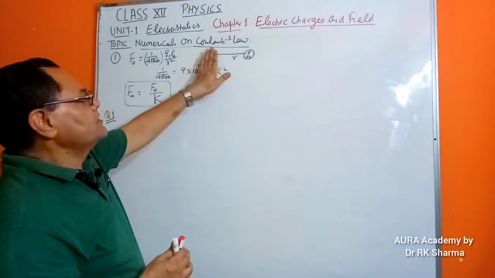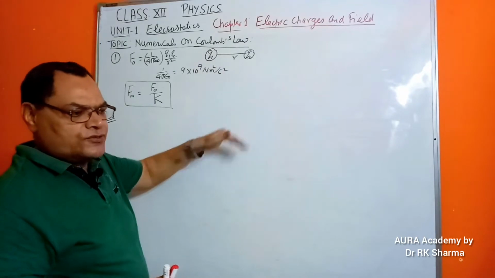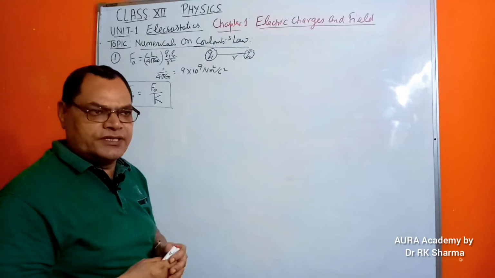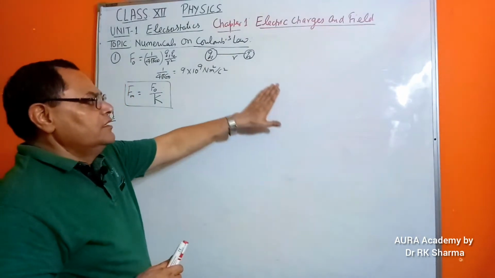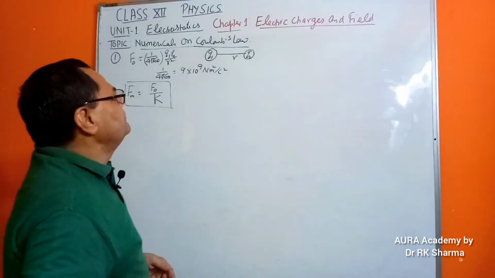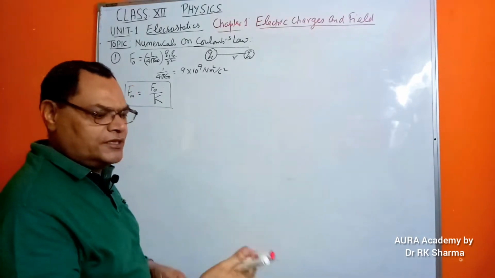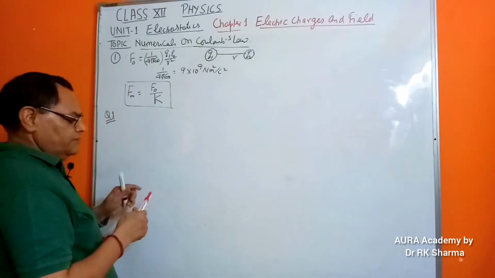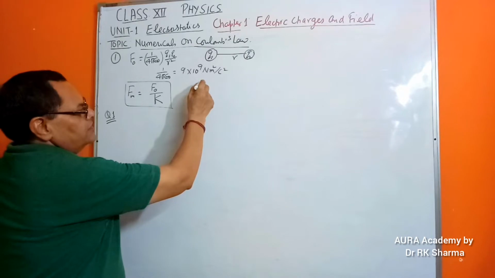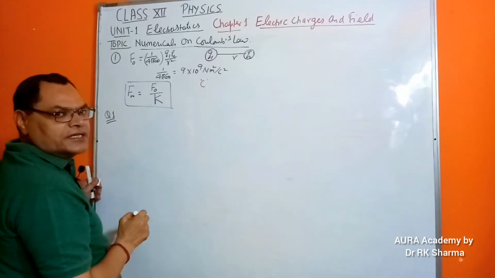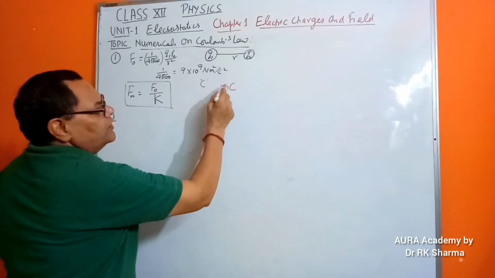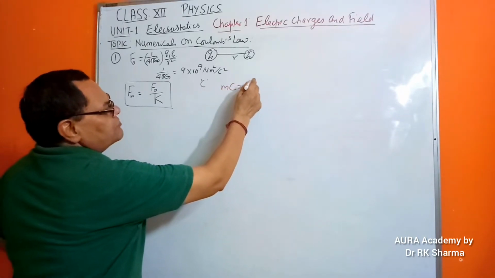The charges and distances are there, and sometimes they may be given in other units or other systems of units. But in all the examinations, including CBSE or the competitive examinations, we will be using only the SI system of units. Let me recall for you: the coulomb is the standard unit of charge. Sometimes the charge is given in millicoulomb, that is small m into c. Millicoulomb means 10 to the minus 3 coulomb.